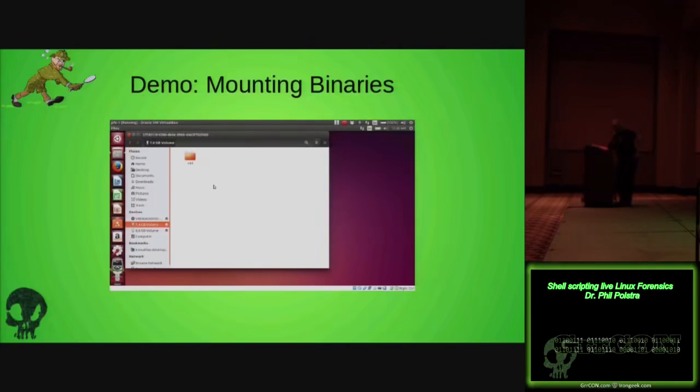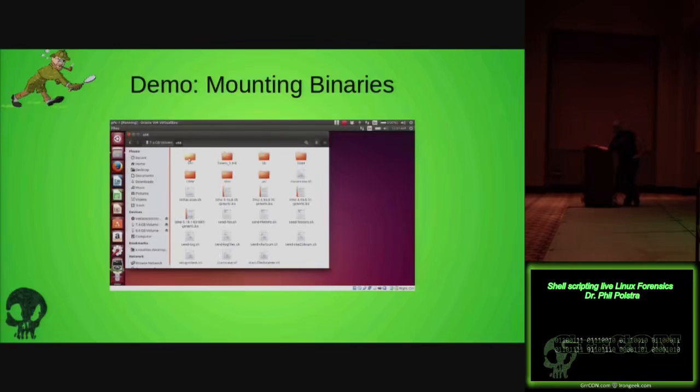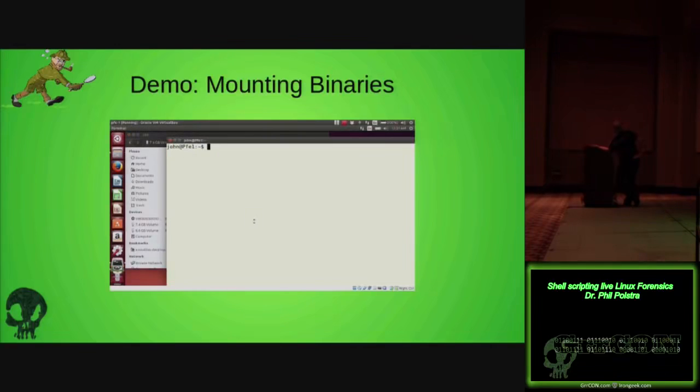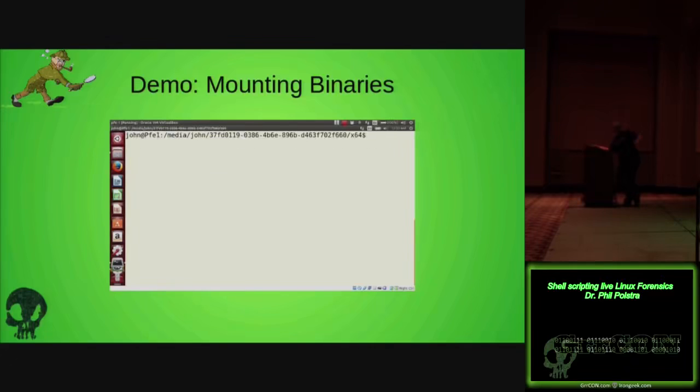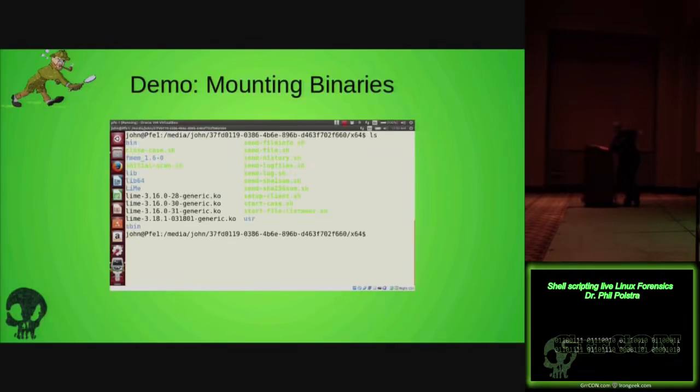there we go. And now it has auto-mounted this file system because it was an ext4 file system. So I'm going to pull up a shell, and this is on the subject system. By the way, you might have noticed warning messages, and the reason for that is because this system has actually been hacked. So now I'm changing to the directory where I have my known good binaries, and I exec my bash shell,